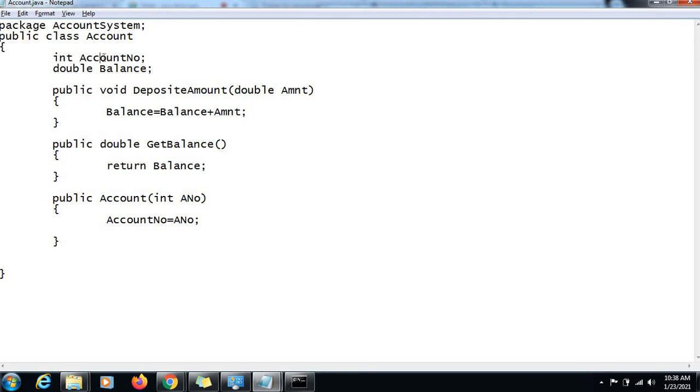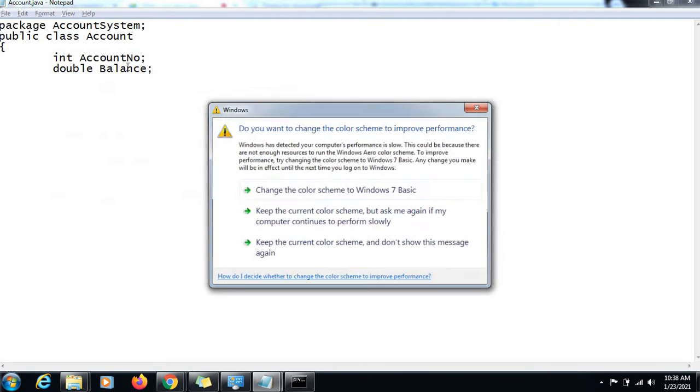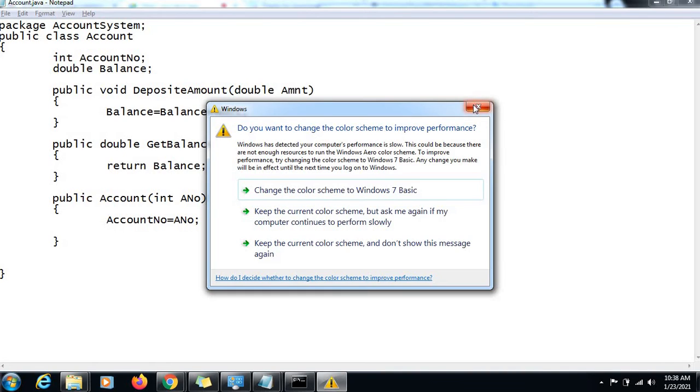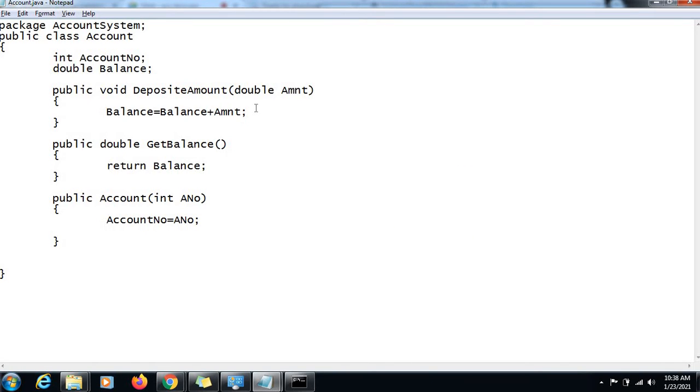So we want to implement the limitation on how many times the account number variable should get set to a value, and that number is only once. And for balance, we should only be able to update this variable through deposit and withdrawal, right? You can update this as many times as you would like to, but only through two operations, deposit amount and withdraw, not outside of these operations, right?